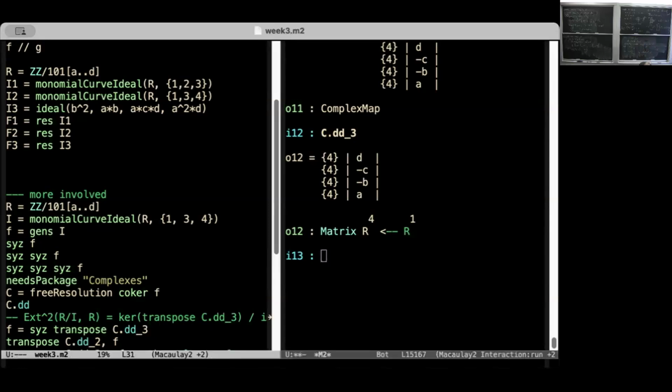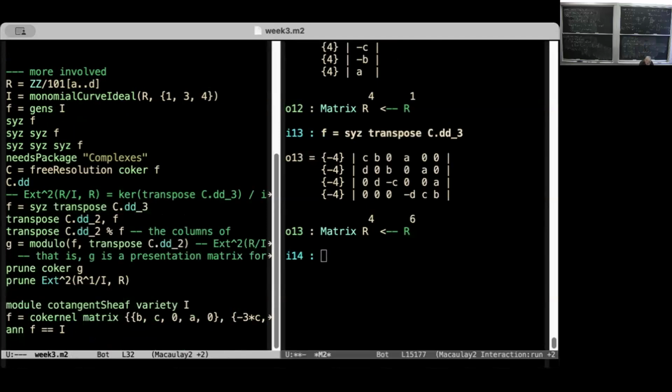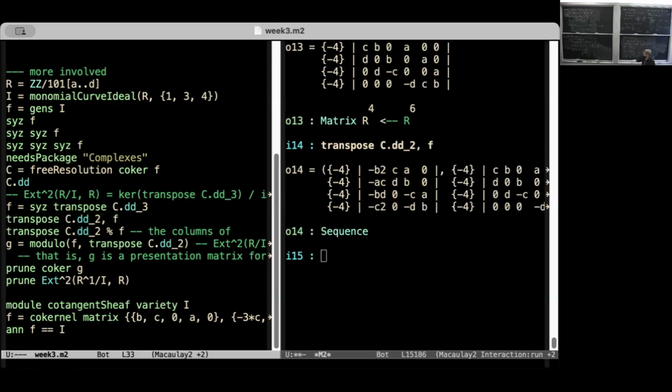Here I'm going to take the transpose of that matrix, so that is taking the transpose of the current bounding matrix in the free resolution. And then I can look at that one, where F is the syzygies, and c.dd_2 is the image that we're taking, except that